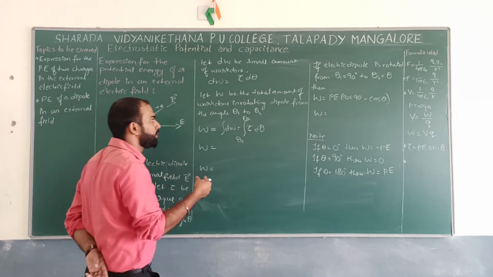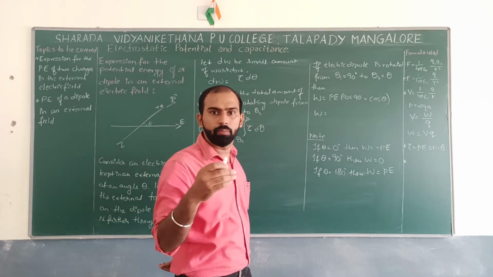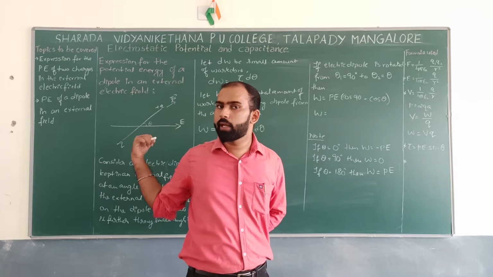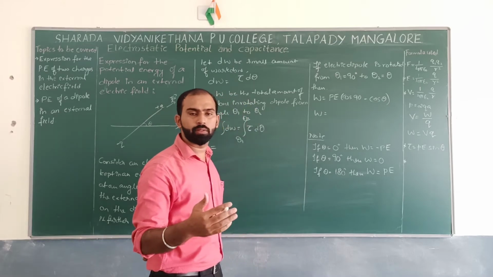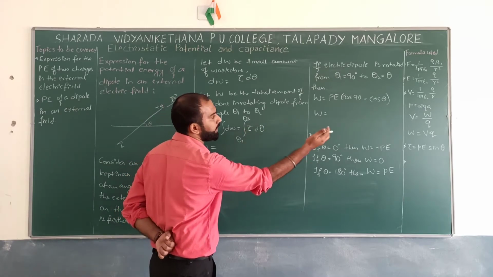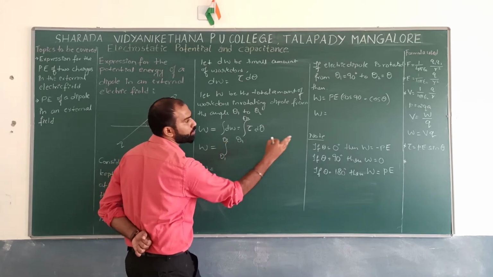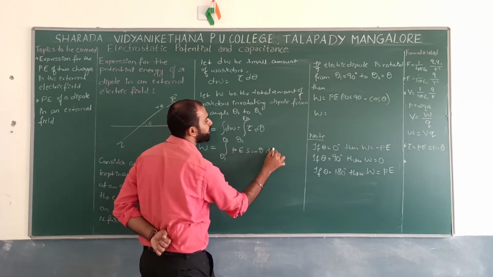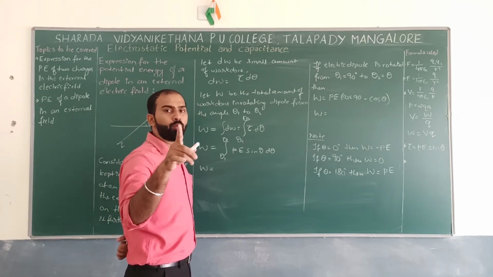Are you getting? So now you have studied that torque is a rotating force which you are supposed to apply on the dipole over here. So we have one formula, torque is equal to P E sin theta, which we have discussed in the first chapter in the electric field, correct? So similarly your tau can be replaced by P E sin theta into d theta, with limits theta 1 to theta 2, where small p deals with the dipole moment.